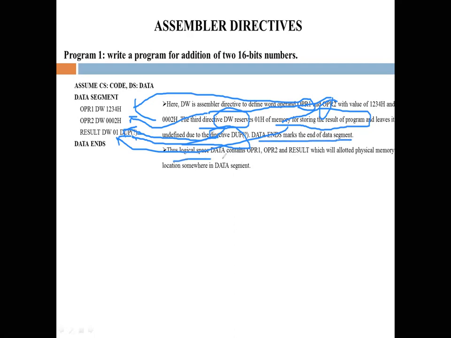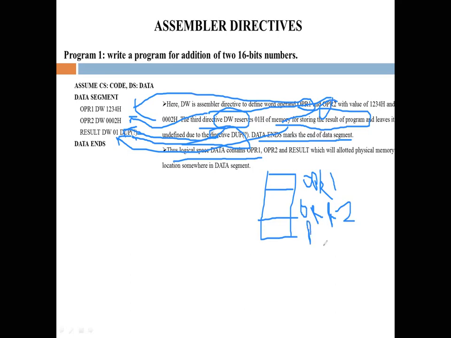The logical space in the data segment contains operand 1, operand 2 and result, which will be allotted physical memory. We write directive DW with DUP.